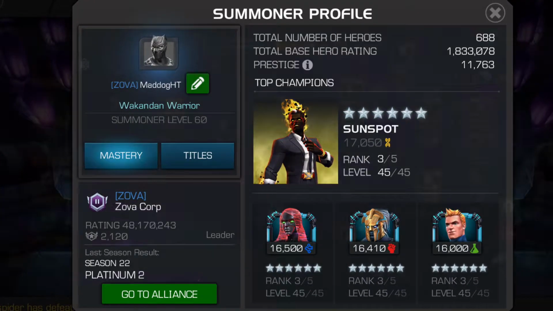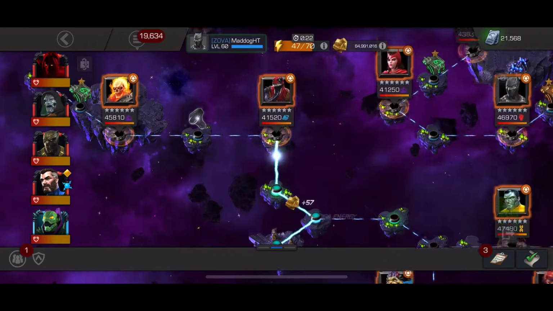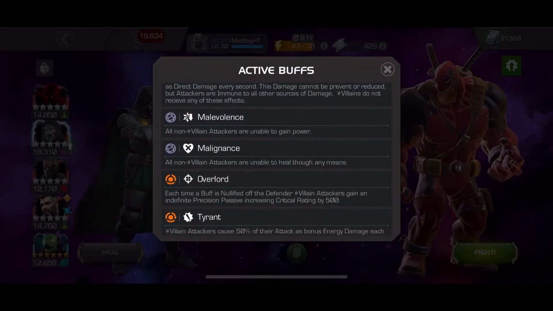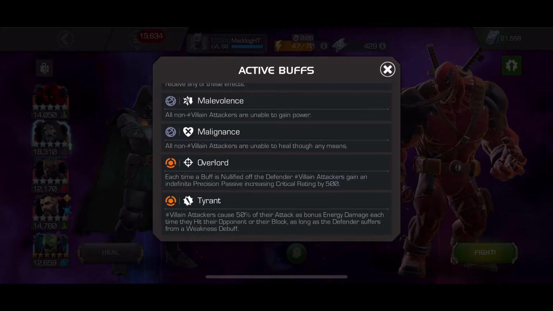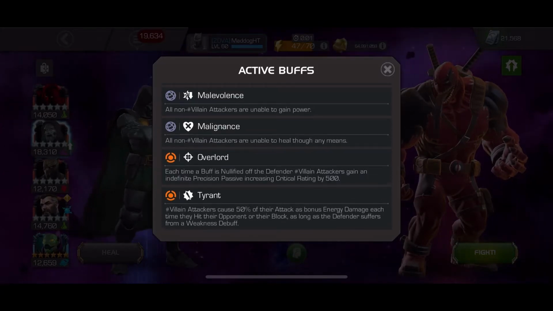This is 2.2 with Drax as the main boss. This is the first path I did back on like the 16th. And this has Overlord and Tyrant, so if you nullify buffs, you get passive precisions. And then Tyrant, if you have a weakness on them and you hit them, or hit them into their block, you get extra energy damage, which I don't have